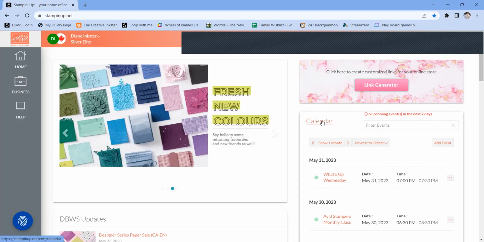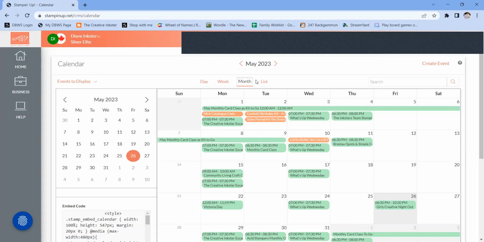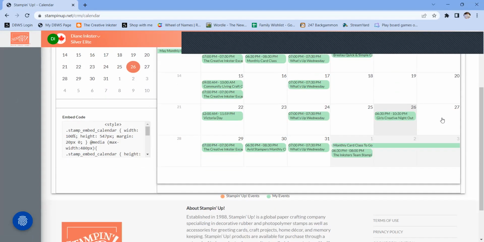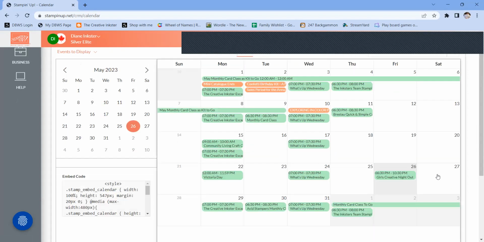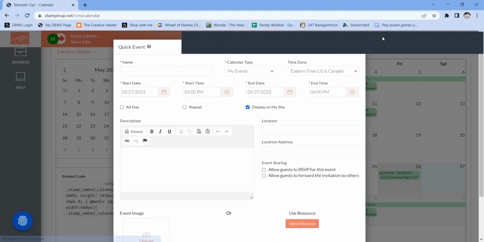I just click on the word calendar, and it'll take you to the current month that you're in. You'll see that this is what mine looks like as populated. So we will go in and add something new. I'm going to go to Saturday the 27th just for fun. You pick any day you want, and when you click on it, it will pop open a quick